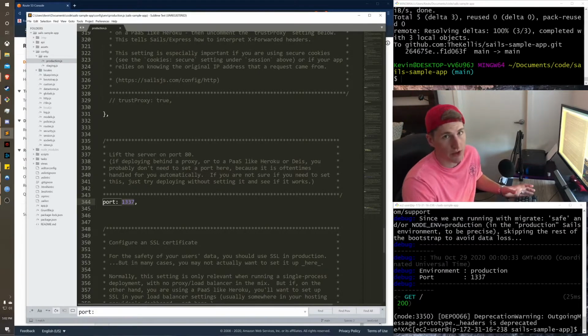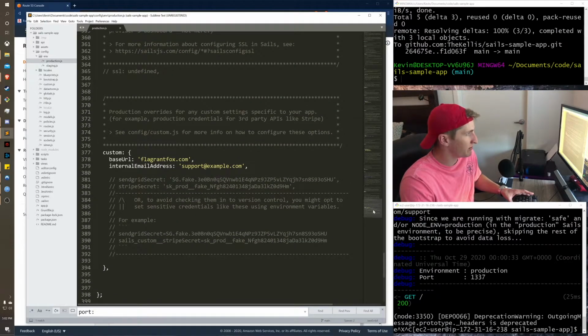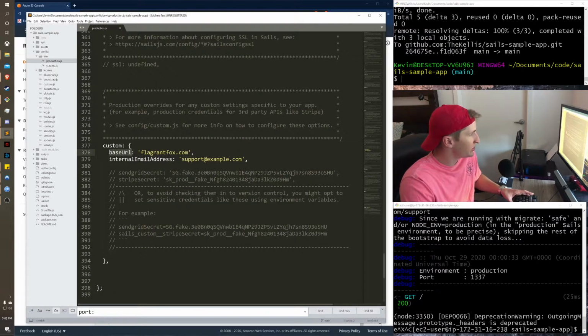And there's actually one more thing we need to update here. In order for our sales app to properly keep the session alive, one of the settings down here at the bottom needs to be updated again. So this base URL needs to get changed to be http://your domain. So go ahead and save that, and what we're going to do is push that